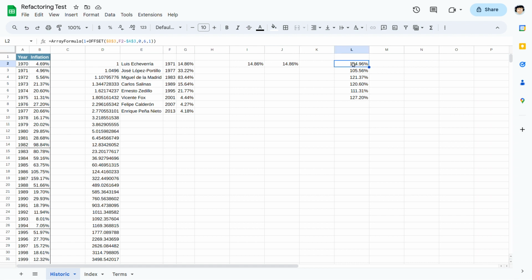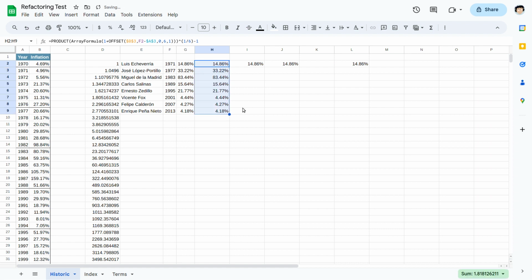Then product that, and once again analyze it, minus 1. That's it. This calculates the same thing, but now using this year as the offset, and then gets the range automatically. So if I use that here, that's it. It's exactly the same number, except